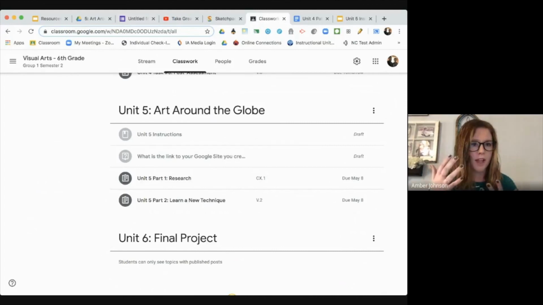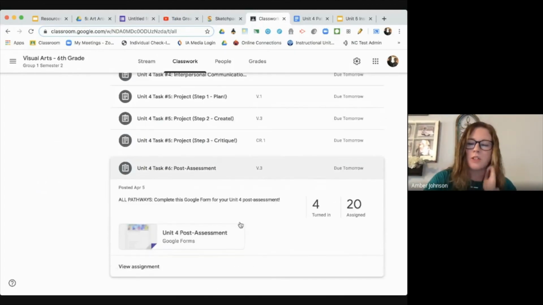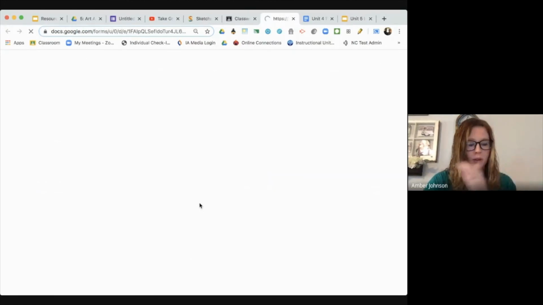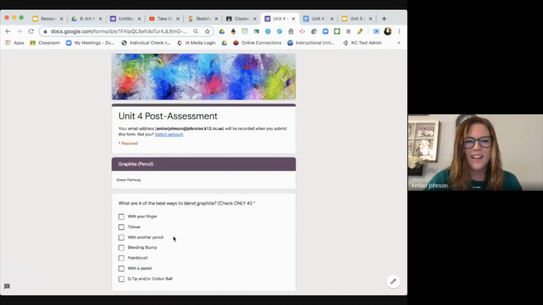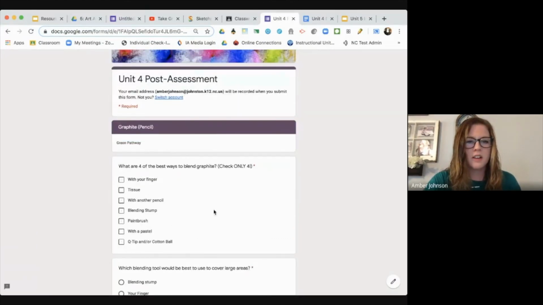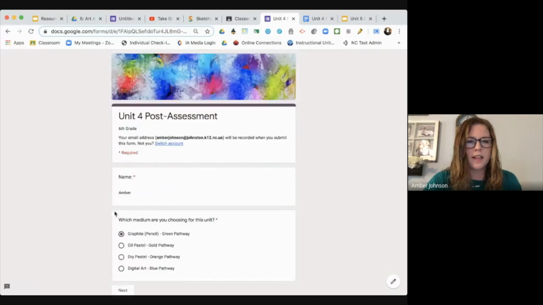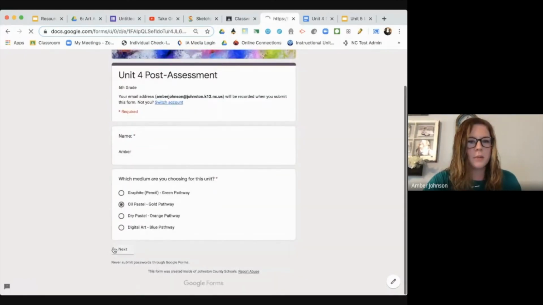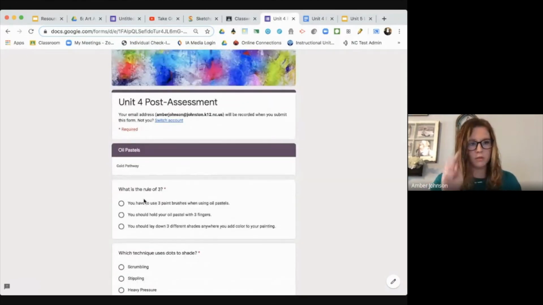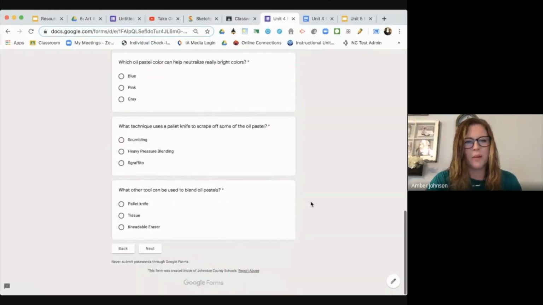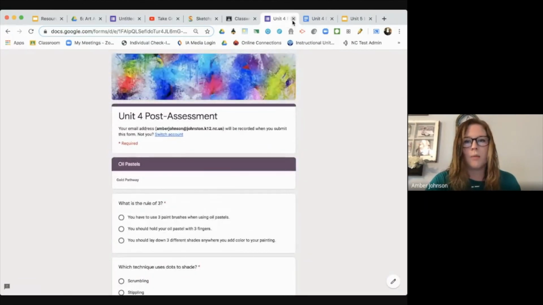differentiated based on answers. Unit 4, since they were choosing different mediums and staying on that one pathway, this is just an example of what they would do. So let's say they chose graphite and they click next, and it's going to make me put my name in. It's going to take them to the graphite section. Whereas if they actually chose oil pastels, it would take them to the oil pastel section. So there's ways to make it send you through different ways of the Google Forms. I won't overwhelm you with all that right now though, but I will do a video